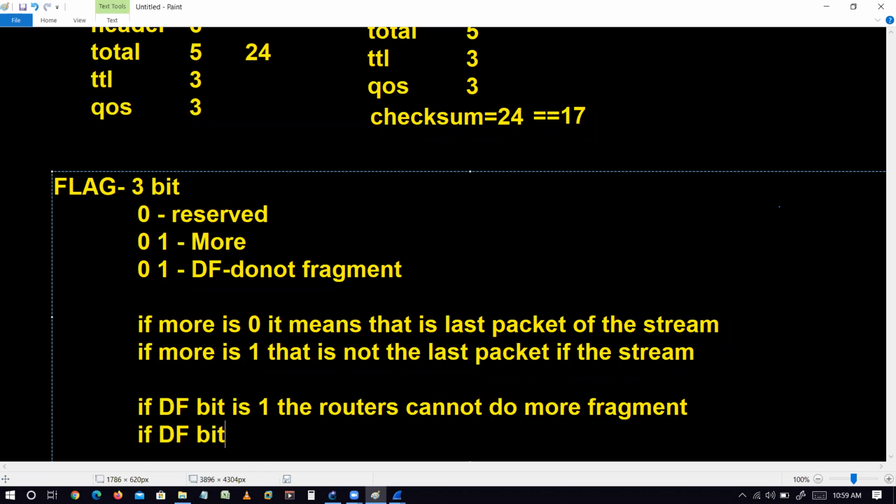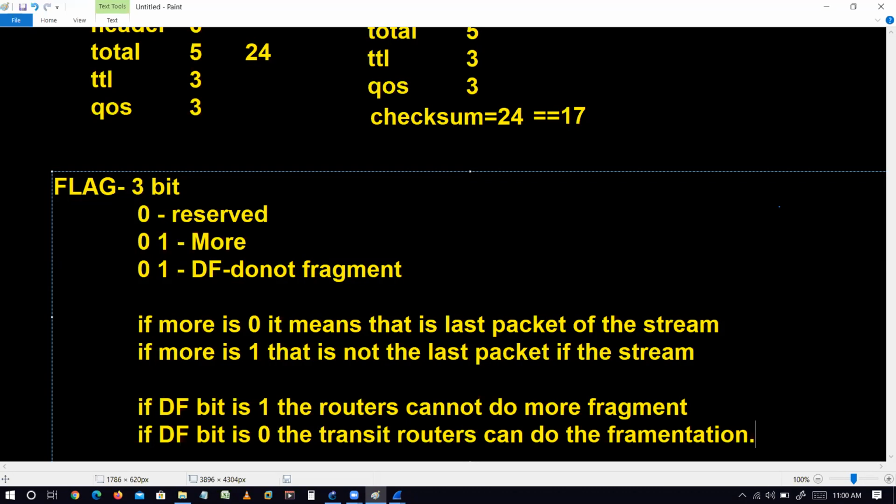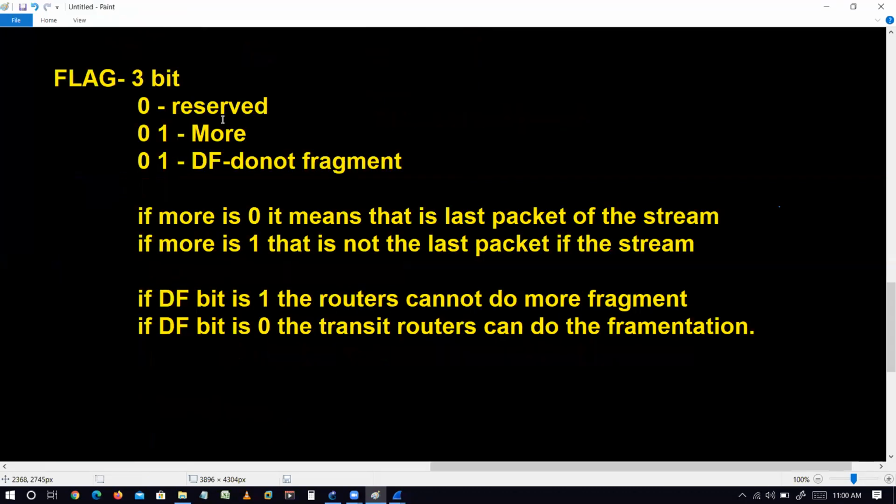If DF bit is 0, the transit routers can do the fragmentation. Okay, now we'll explain this thing.